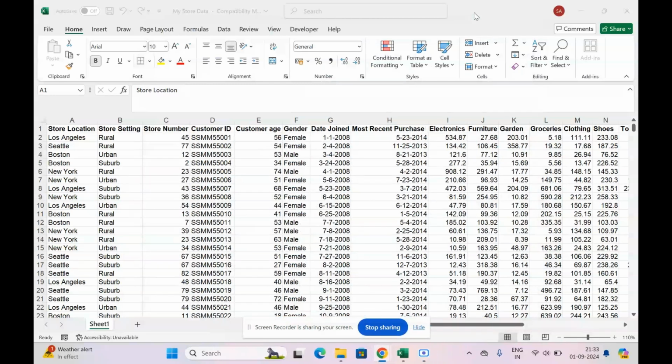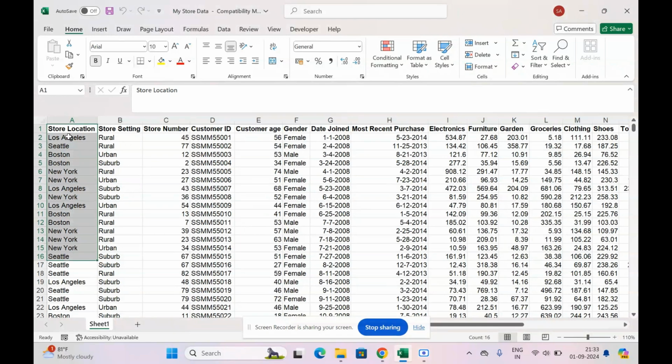In today's video, I'm going to show you how you can select the data of a column in Excel. Currently, the data you are seeing has around 700 to 800 rows. So if I want to select or copy some of my data in my column, then what happens is that